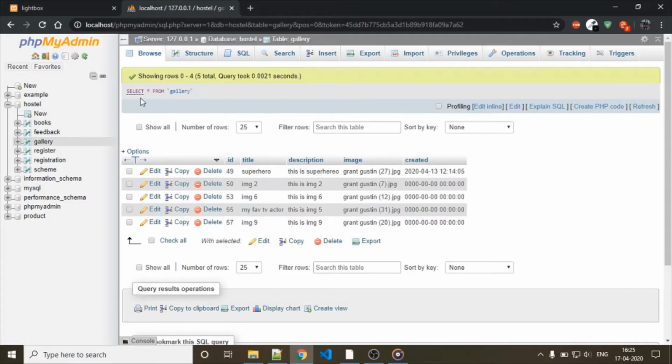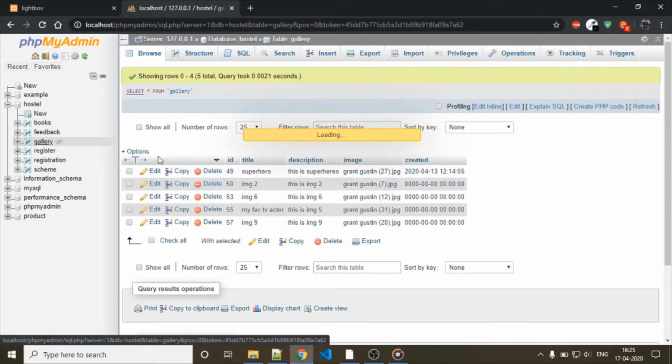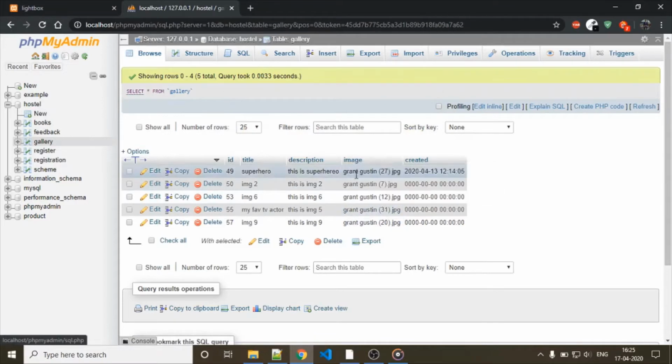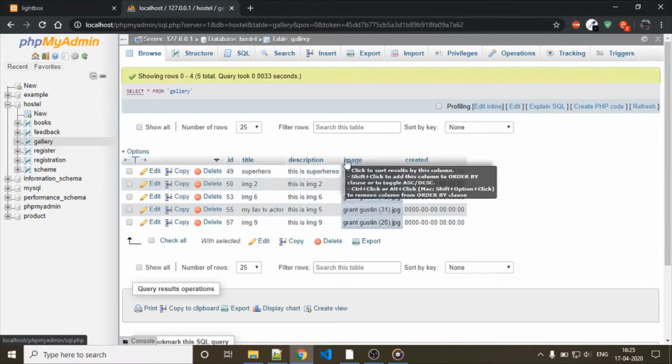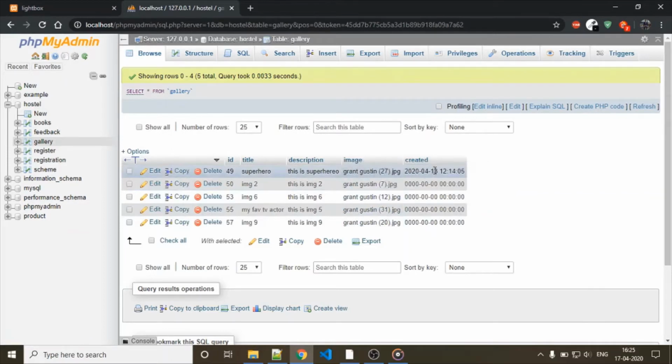So in this video, we are going to interact with a database, and we are using PHP for the interaction. Here you can see that I have created one database, and in it one table called gallery, and I have also inserted some images into the database. How can we insert images into a database using PHP? I have also created a PHP image CRUD operation series, so you can refer to that series.